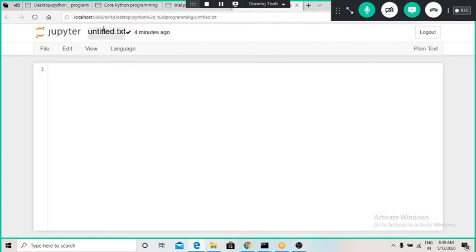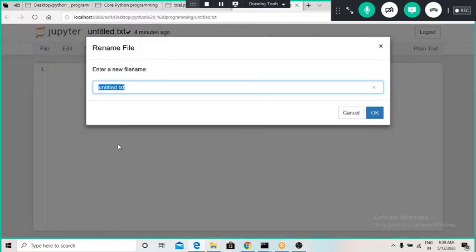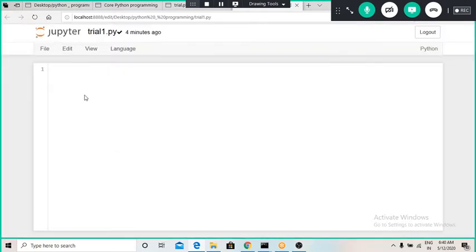First I have to change the name of whatever file I am going to write. So this is trial1.py, because all modules should be named with a .py file. Then I will define a function to get the mean of two numbers.